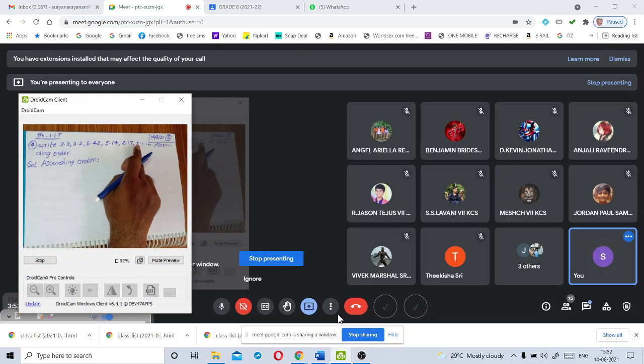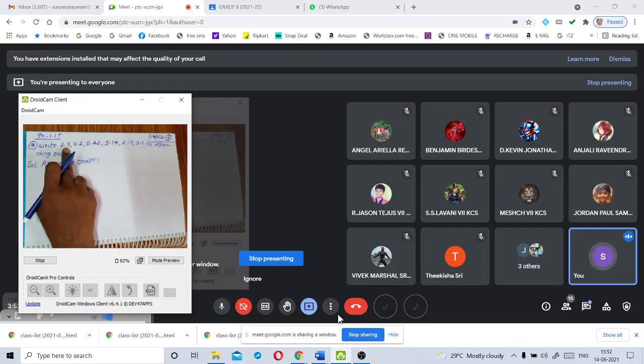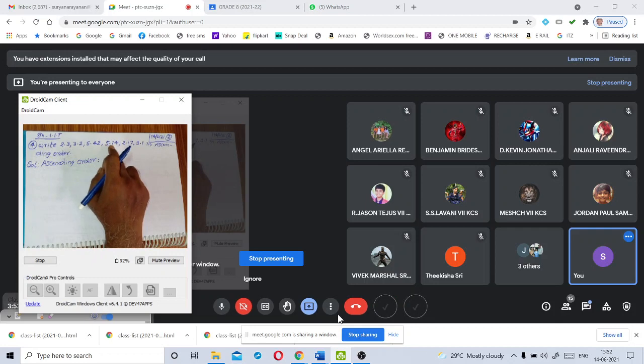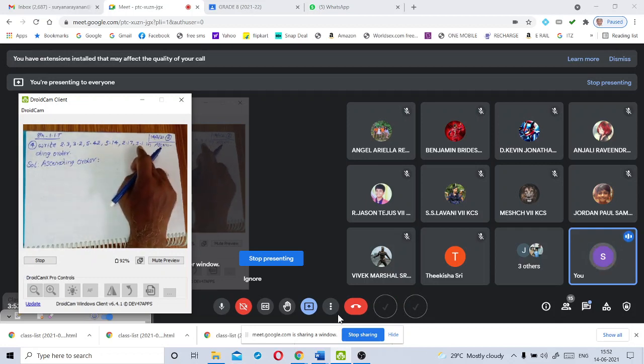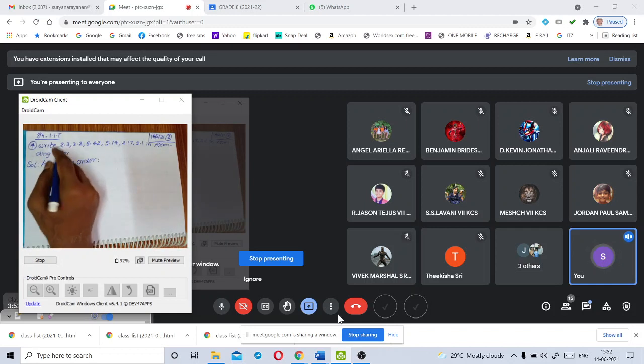Okay, my children. So, here 2.3 is there. Here 3.2. After the decimal point, here only one digit is given. In this decimal number, after the decimal point, 2 digits are given. Here 2 digits are given. Here also 2 digits are given. Here only one digit is given. For our convenience, we can write these numbers as